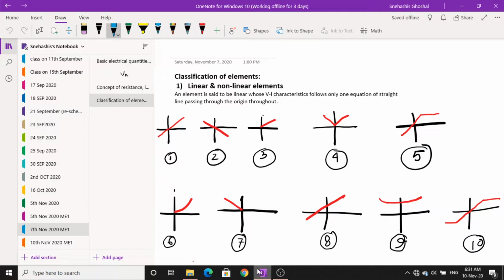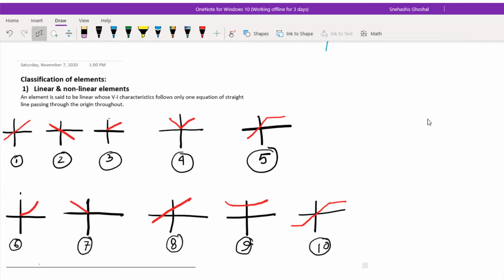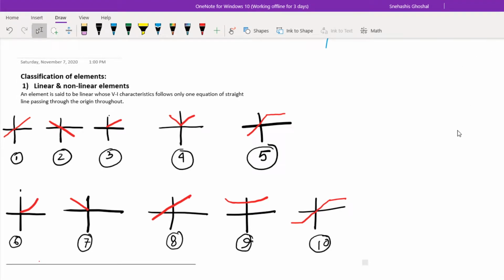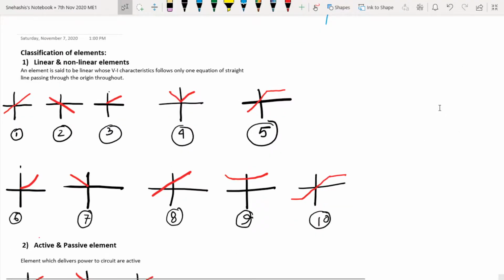So today we will start the class of basic electrical engineering from that place where we left off in the last class. I said that in the last class, due to lack of time, we were yet to cover the topic called classification of elements. So right now, firstly I will finish up this and we'll advance more.